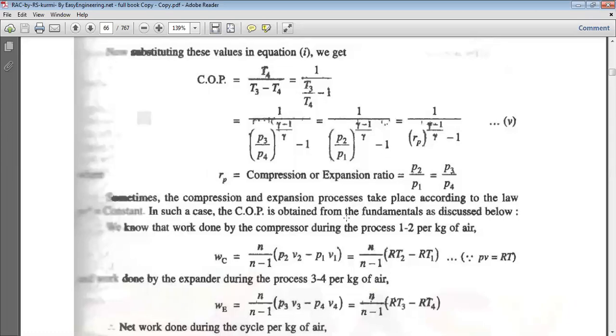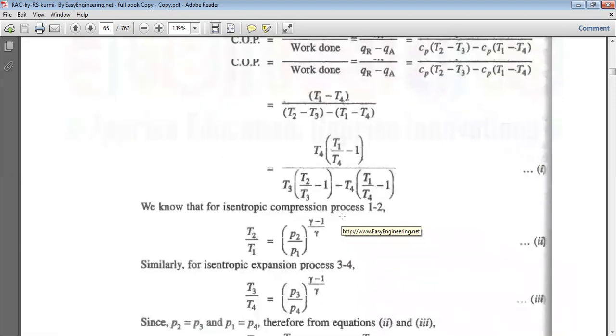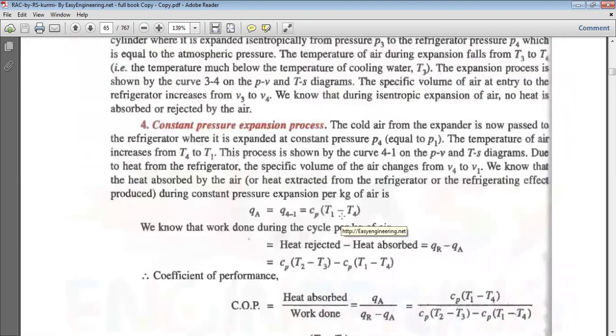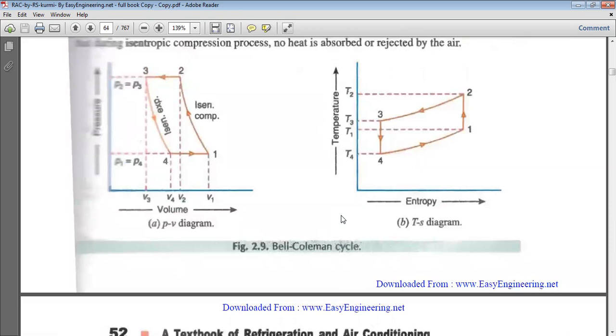How can you get the algebraic sum of work transfer? For a constant pressure process, the work transfer is 0, because for a flow process the work is the integral of VdP, and for constant pressure it is 0. Therefore, only the compressor work input and the expander work output remain. Therefore, net input and